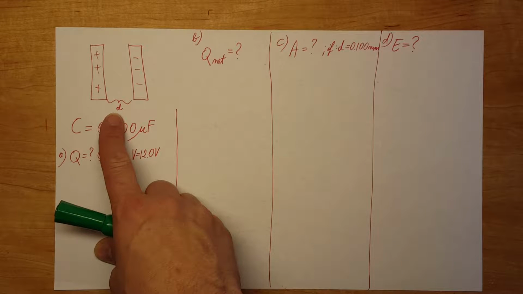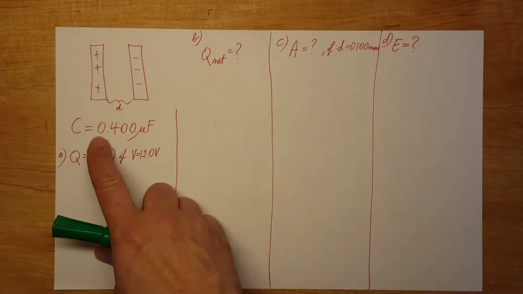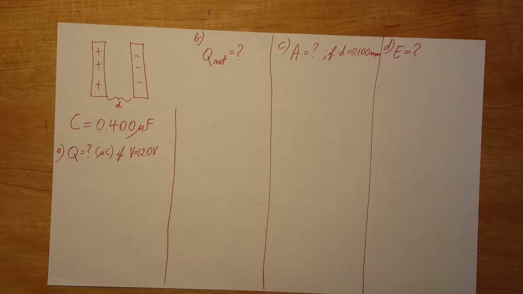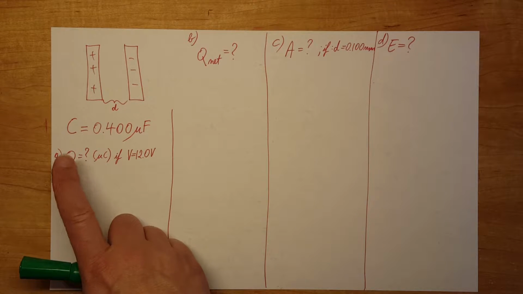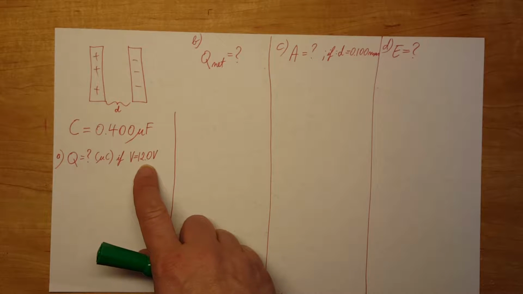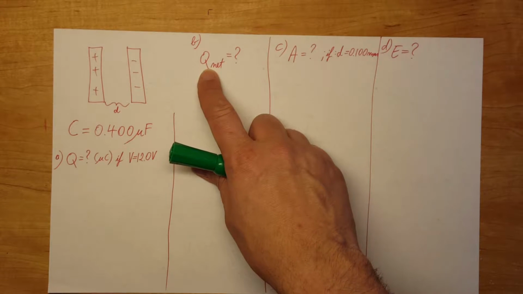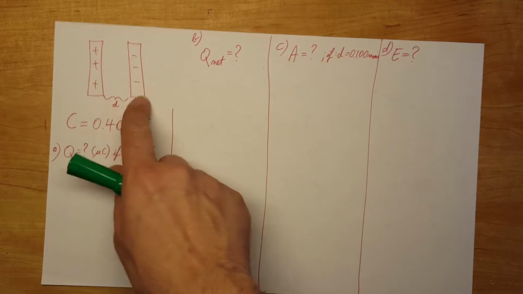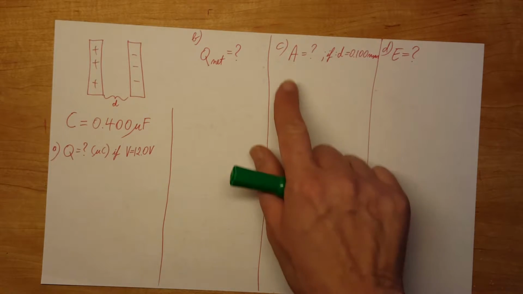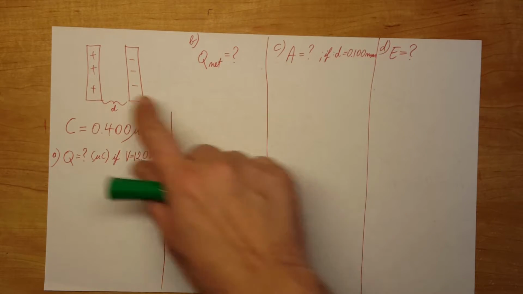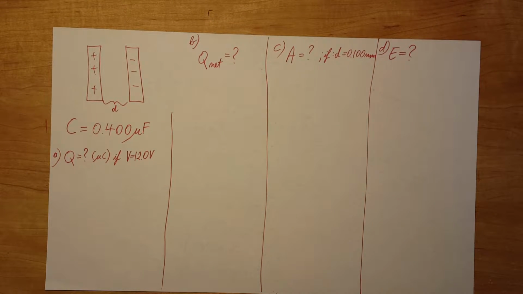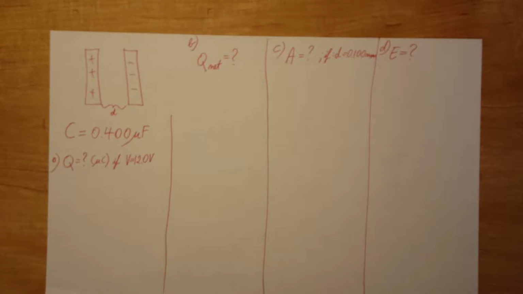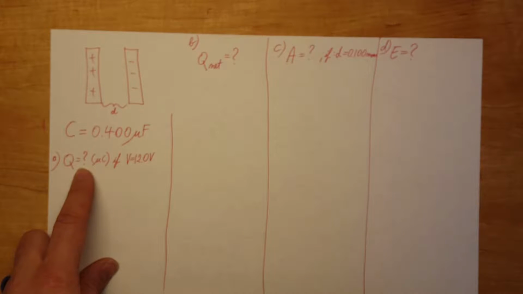A parallel plate capacitor has a capacitance of 0.4 microfarads. The problem is asking us to find the charge if the voltage is 12 volts, then it's asking us the net charge on both of the plates. Part C is asking us for the area of the capacitor, and the last part is asking for the electric field. So, the first part, we're gonna calculate the charge, and our first equation that we're gonna use is gonna